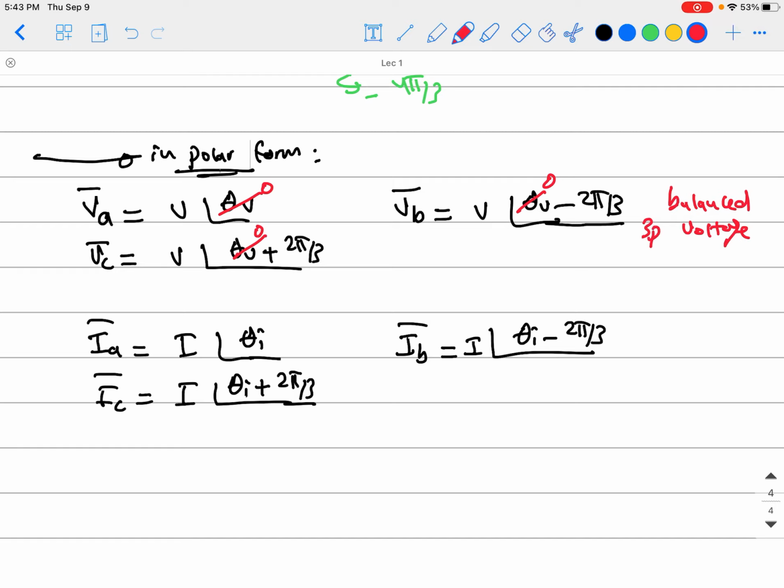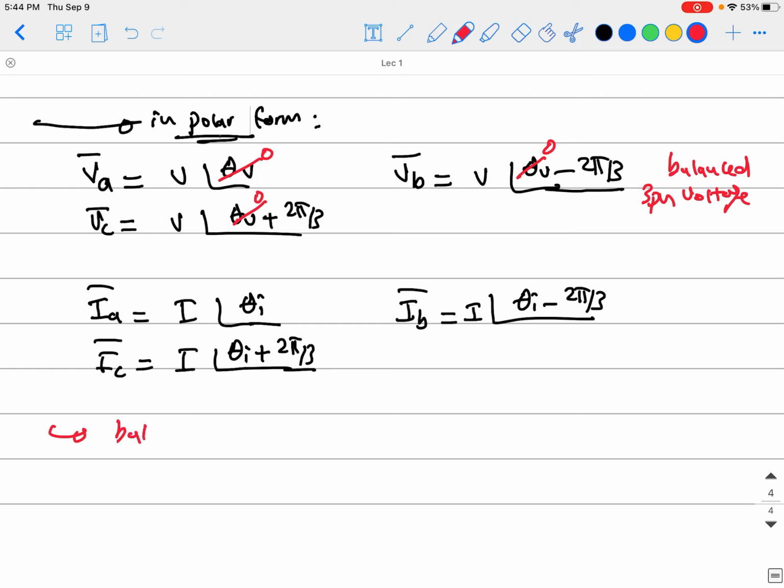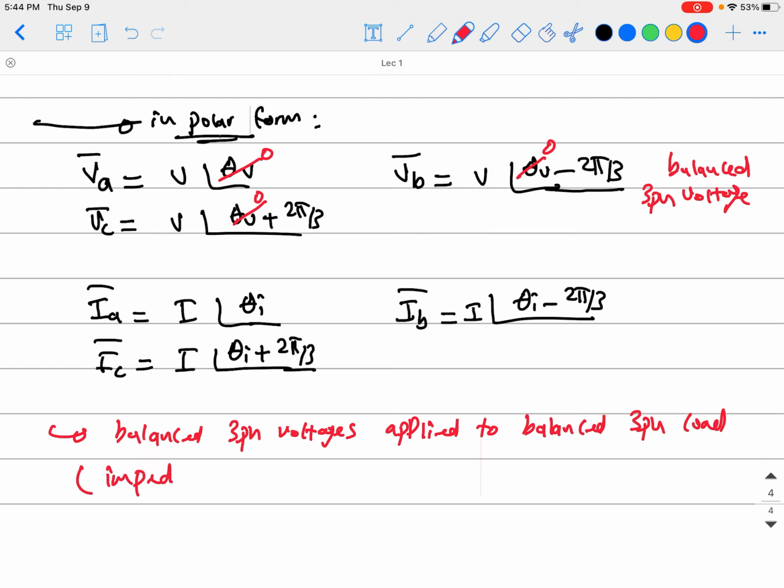Balanced three-phase voltage, actually. Okay, so balanced three-phase voltages applied to a balanced three-phase load, and balanced three-phase load means that the impedance of each phase are equal. That means the three phases have the same impedance,